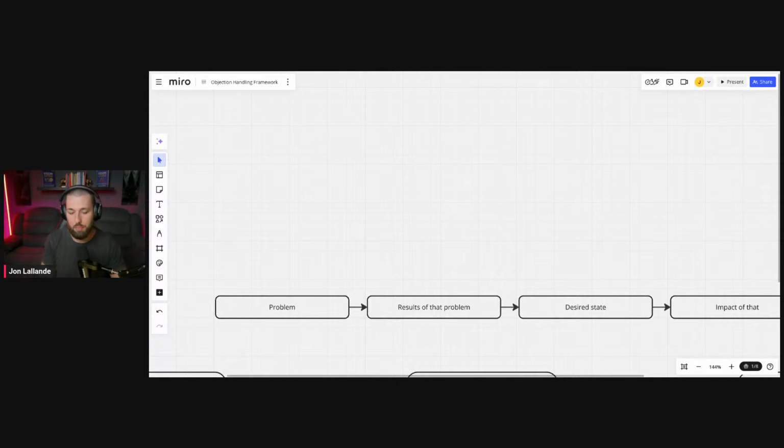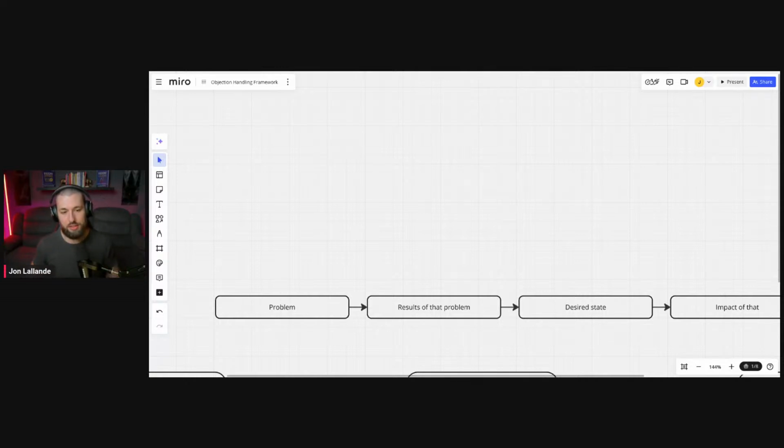Now, after we get the problem, this is like the meat and potatoes. You need the results of that problem. So it's not enough to just say, yeah, I really miss my kids, or my kids are in another state and that's why I want to move, right? A lot of people just tick off the box of motivation. Oh, I got the motivation, wants to be closer to their kids, right? That doesn't do anything for you.